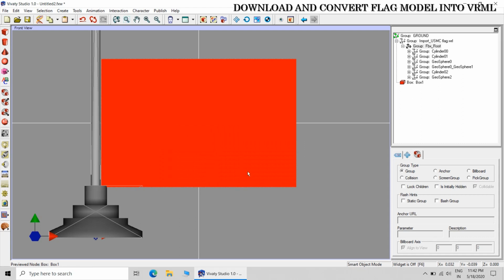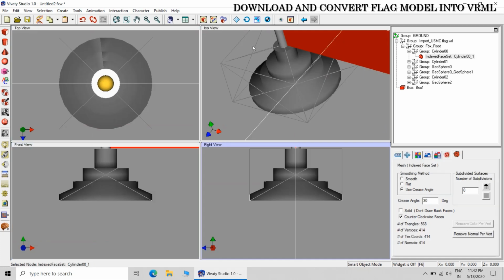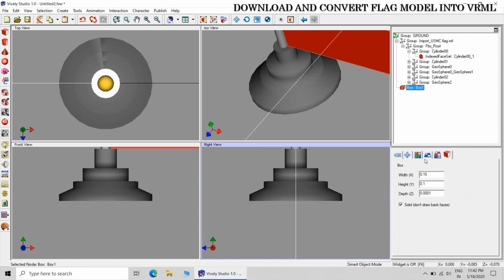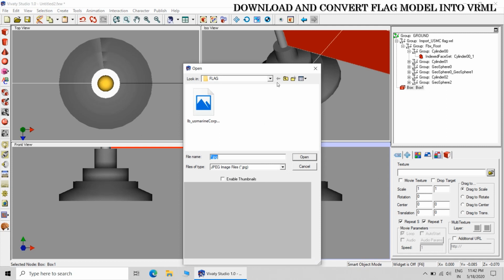Okay. Don't move the flag, keep the flag at absolute 0 0 position. Instead of that, you can move the flag plane. That is a bit better, you can say, method.